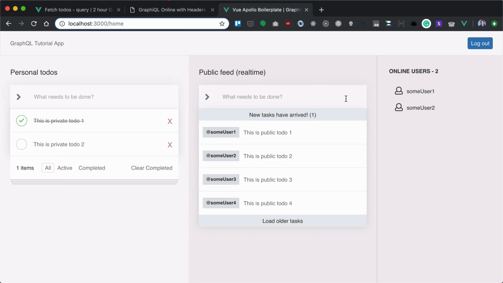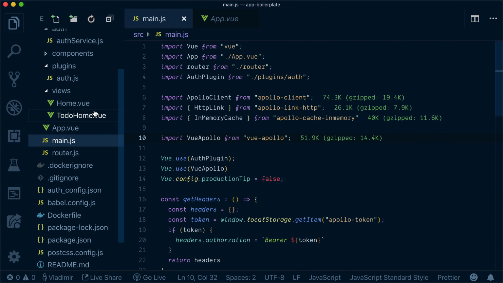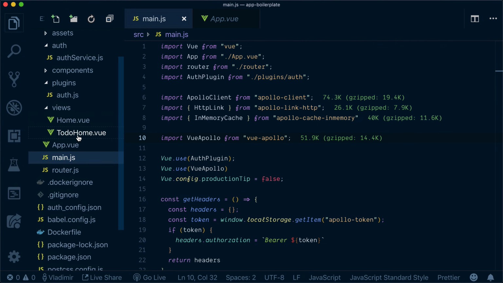Now, after we added our Apollo client to our Vue app, it's time to get the real data. But before that, let's look at our app structure. I have personal to-dos here, public feed, and online users. Let's take a look at the code where it's implemented and where we need to change from static data to